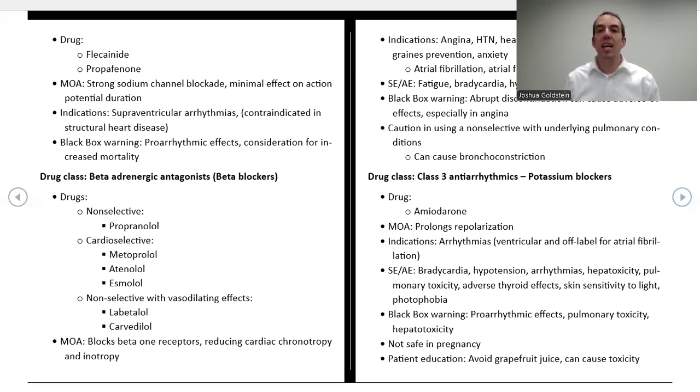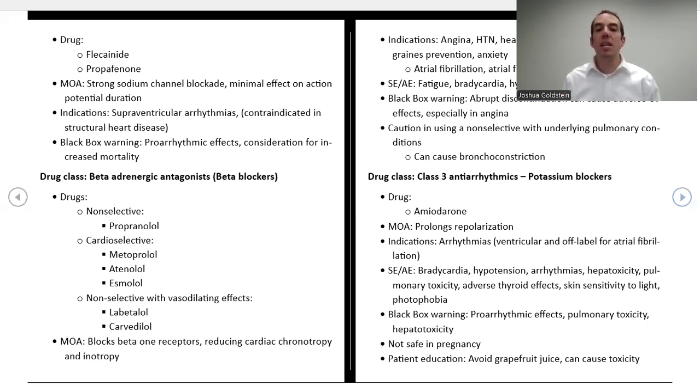Next, we have the class 3 antiarrhythmics. These are the potassium blockers. This is amiodarone. Amiodarone is very, very popular. It works by prolonging repolarization, and by making the repolarization longer, it slows down the electrical activity of the heart. We use this for arrhythmias. It's labeled for ventricular arrhythmias, but it's primarily used for atrial fibrillation, which is actually an off-label